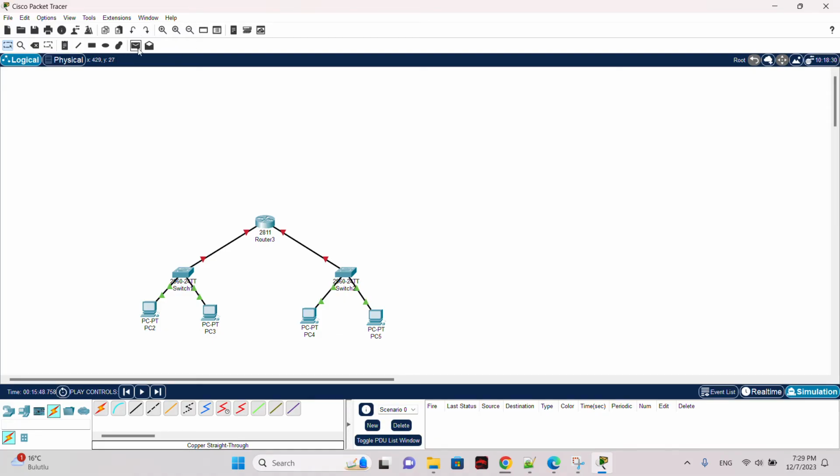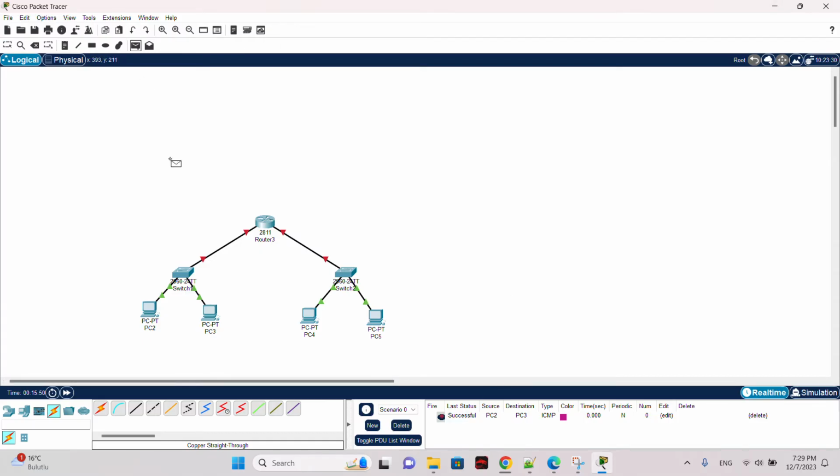Now if I try and send some data packets, let me do it in real time, so I'll switch to real time. This is successful. If I send from PC4 to PC5, also successful. No problems with the switches, everything is okay. But if I try and send between PC2 to PC4 on different networks,